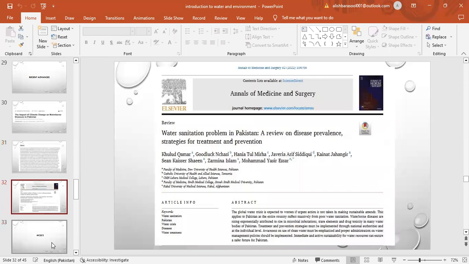Water sanitation problem in Pakistan, a review on disease prevalence, strategies for treatment and prevention. The global water crisis is expected to worsen if urgent action is not taken in making sustainable amends. This applies to Pakistan as the entire country suffers massively from poor water sanitation. Waterborne diseases are rising exponentially, attributed to rise in microbial infestation, trace elements, and drug toxicity in many water bodies